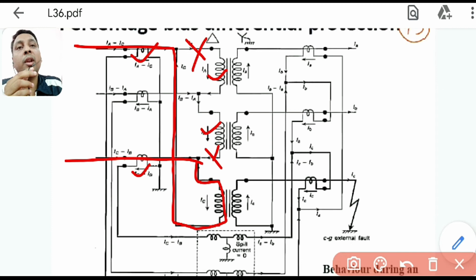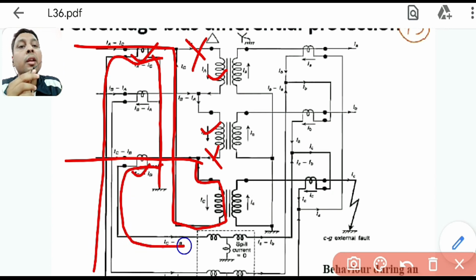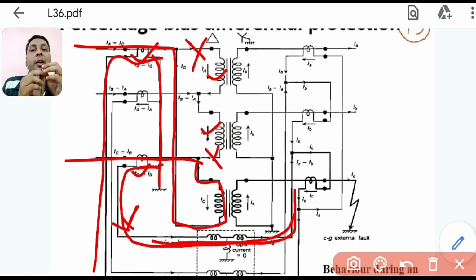So how will this CT activate? If this CT current is more, that means this current will be more, this current, and this current will be more. Now you can see this current, and earlier it was this current. So it is in the same path. So the current that is increased has been compensated here. So increased current will come from this side, or change, whatever. Let us call it change. That will be more general. So this current will go and that will affect there.